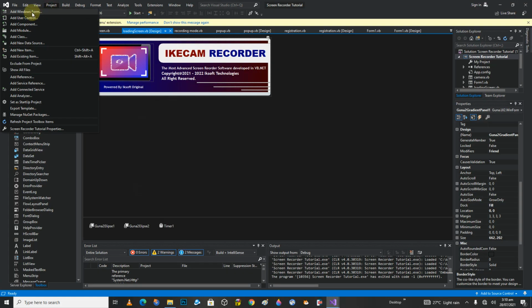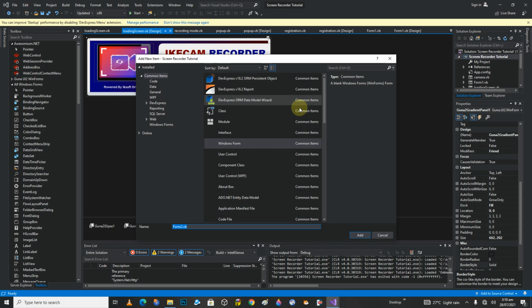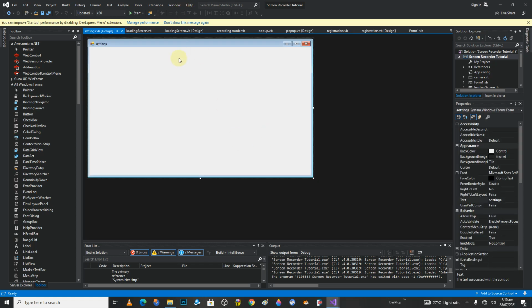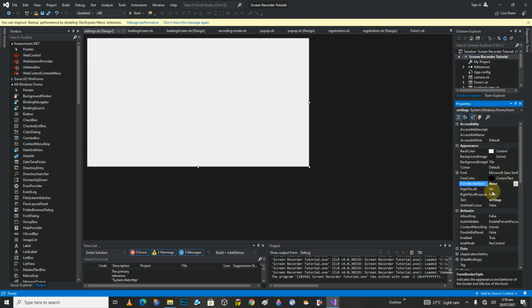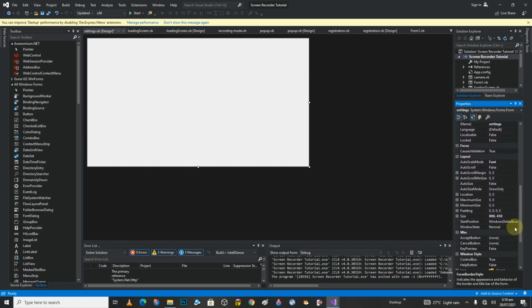So first thing first, let's go back to the main project which we were doing here, and I'm just going to add a new project. I add a new Windows form, sorry for that. Then I call this settings, right? And that is a new Windows form. Basically, you know how it goes. So I'm just going to set this to none. Then I go down, then I set this start position to center screen,